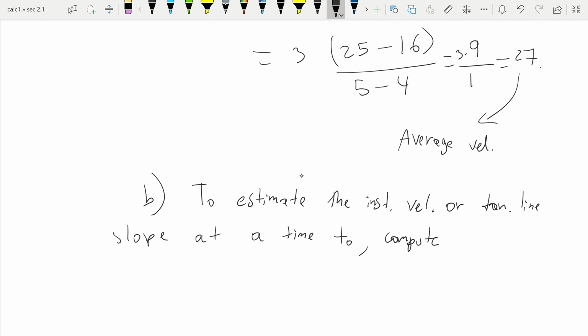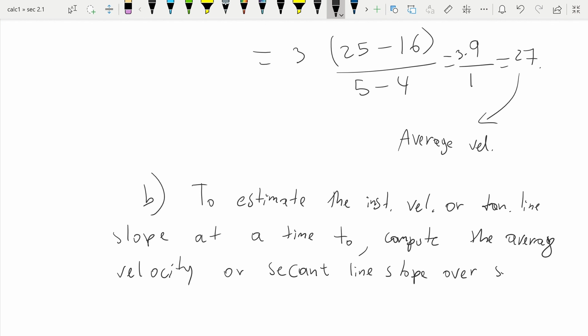We compute the average velocity, or secant line slope,